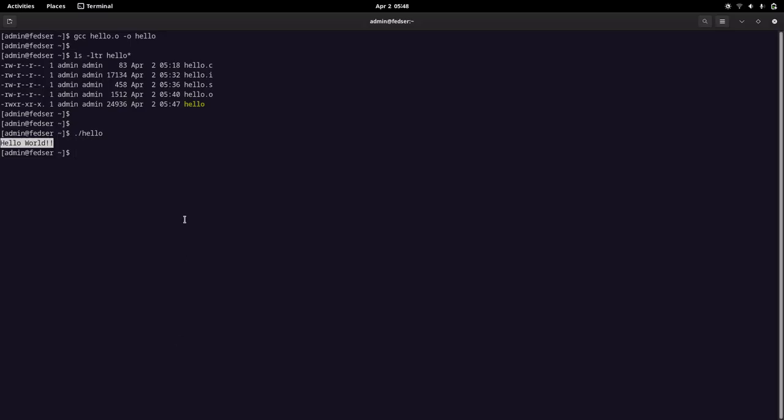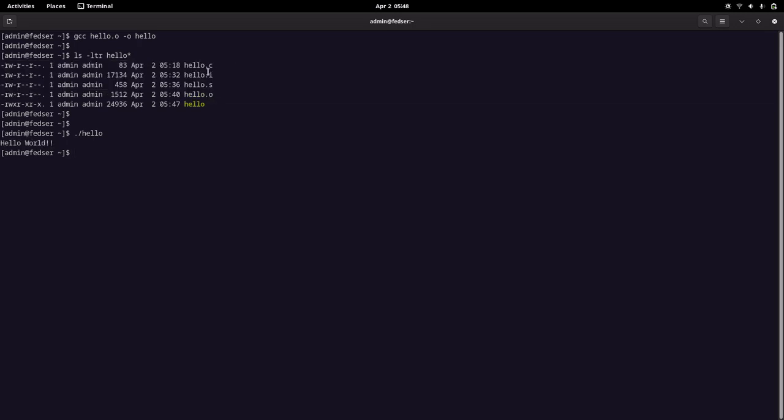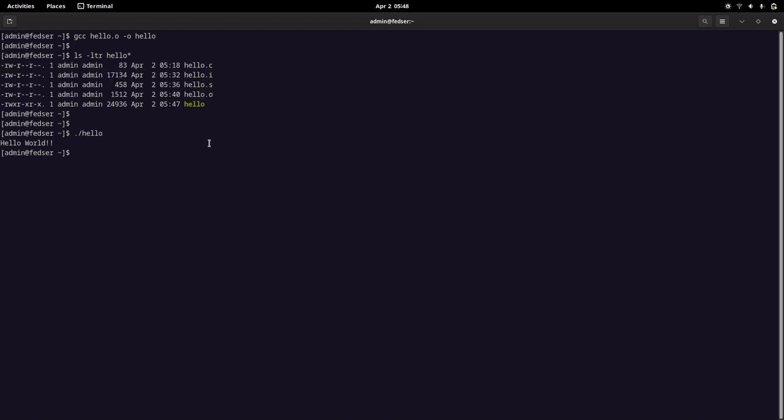Instead of going through all these steps and generating the pre-processing phase output, the assembly phase output, and the binary output, we can directly do this step, that is gcc hello.c, the program whatever we have written, and output it directly to hello.